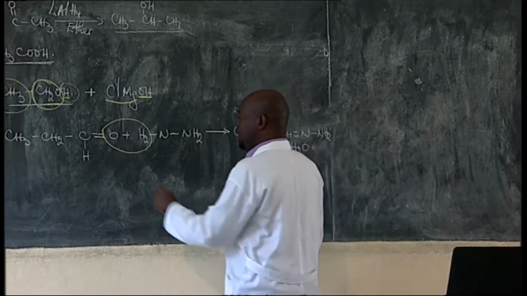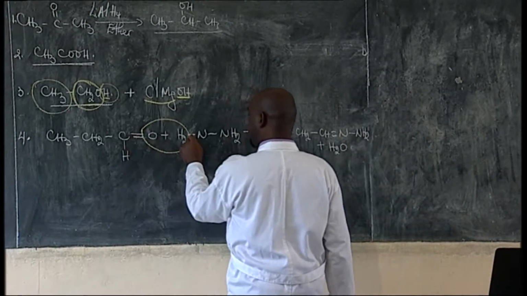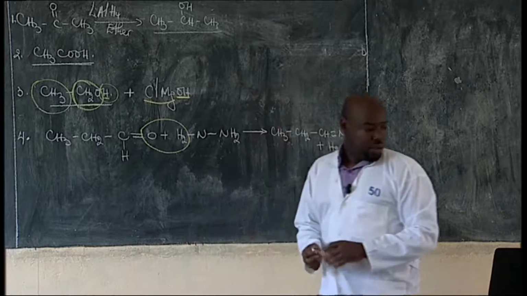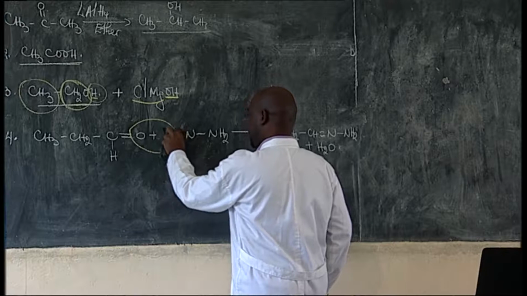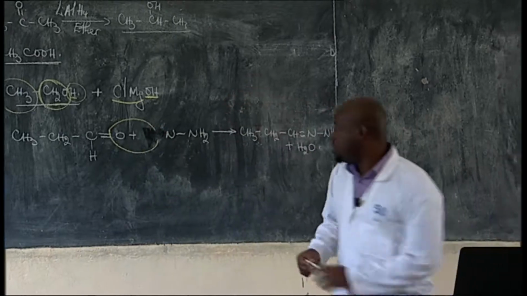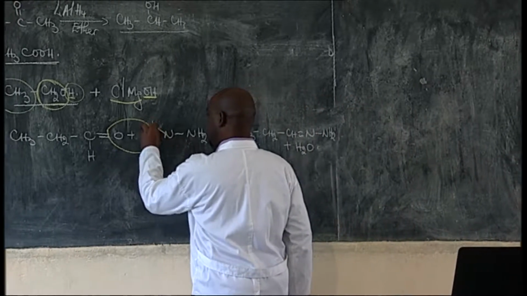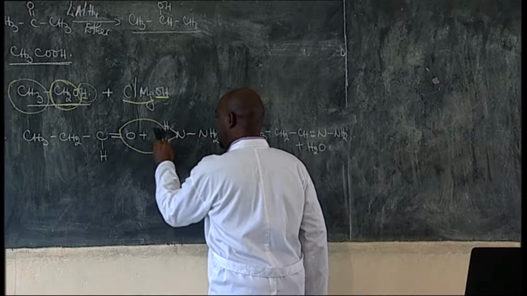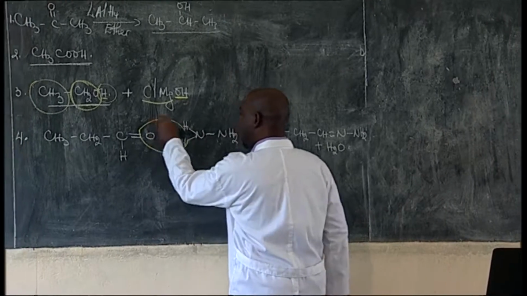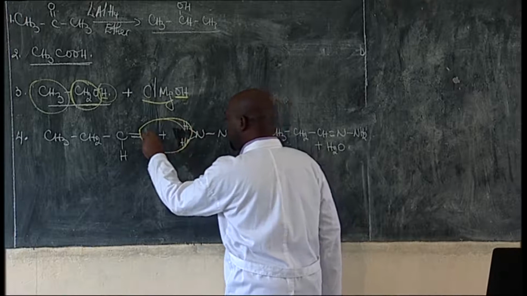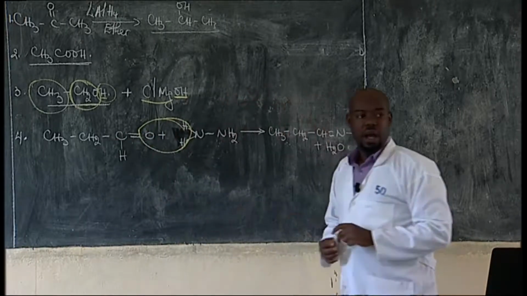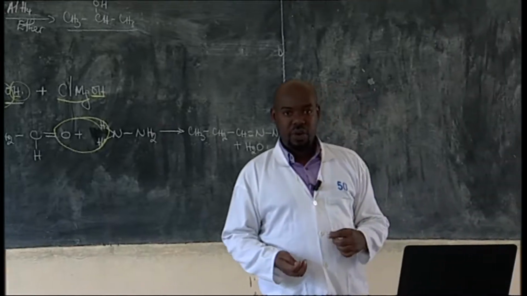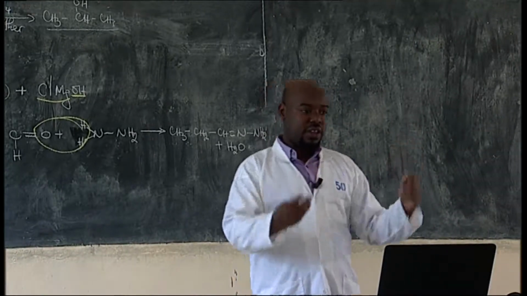Okay? So the double bond which is here will combine. Let me write it well here, because we don't have one hydrogen. So it's better if we write it like this. Hydrogen, and then the two hydrogen atoms will combine with the oxygen, while the nitrogen will combine with the carbon to give us a double bond. Okay? So that is